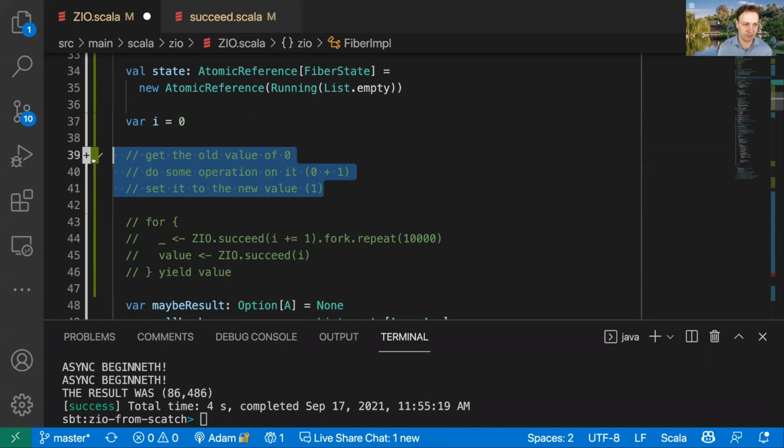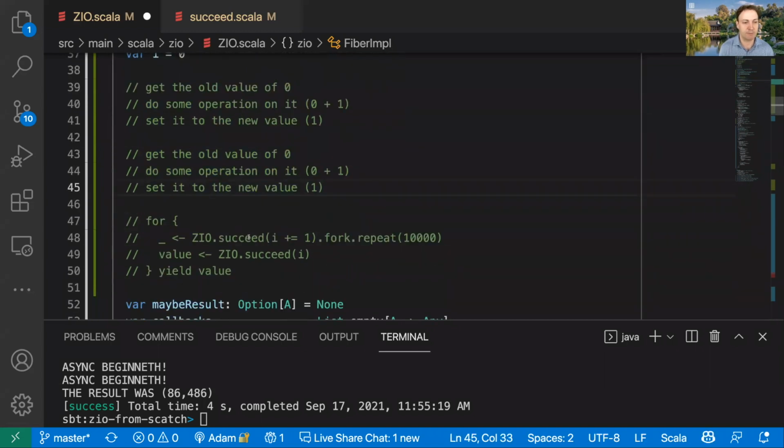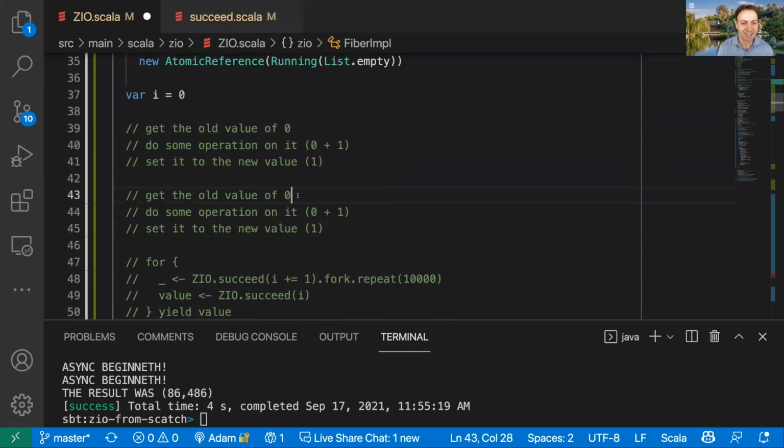And then we have the second guy, or I guess gal, if we want the fibers. The second fiber is going to get the old value, which in this case is going to be 1. And then they're going to do some operation on it, which will be 1 plus 1, and they're going to set the new value to 2. So this is our normal mental model of how the world works. And this is great. But